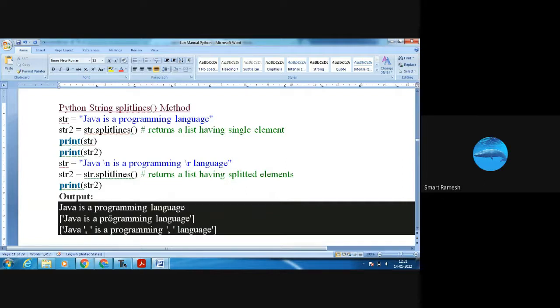"Java is a programming language" in this list format. Next time, in splitlines, see, \n is there, here also \r is there, so it is split by the \n and \r. So "Java", next "is a programming" is separated, next "language" is separated.